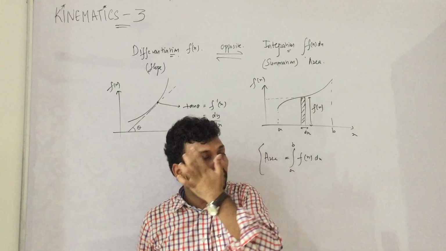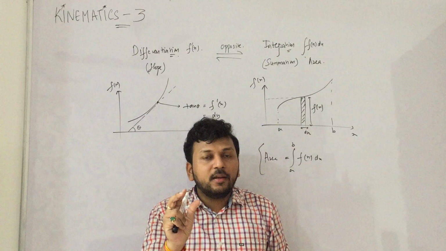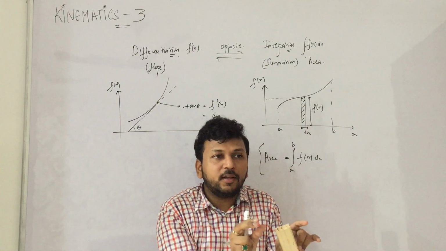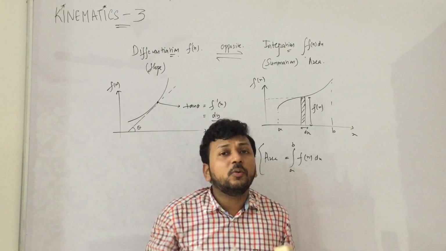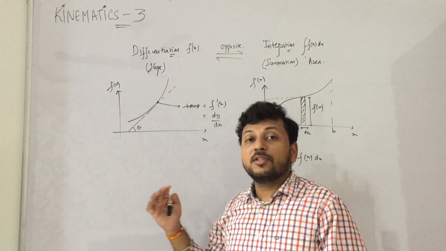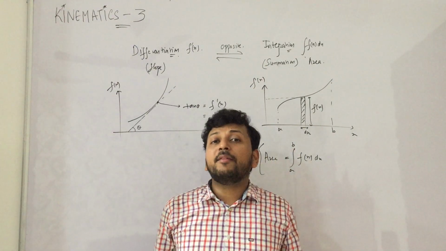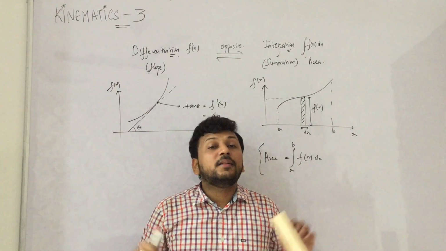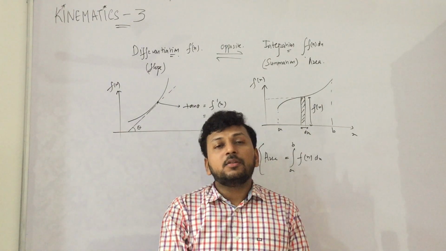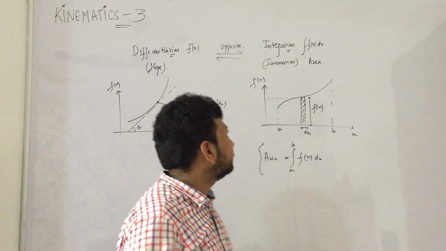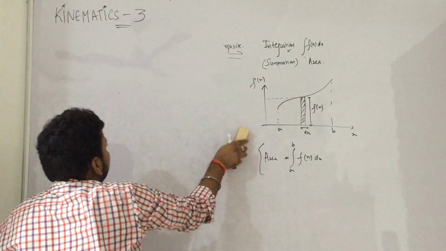There was a very beautiful photo that I had seen: there is a coffee bean and you differentiate it, you find the coffee powder, then you integrate again, you find the coffee. So it is like breaking. That gives you a glimpse of what differentiation really is. So this is differentiation and this is integration. I hope it is clear. If you still have any doubts you can ask. But I am telling you again, this is calculus, and you have a whole book on calculus. I am just telling you the basics which are required. Differentiation or derivative means one and the same thing.